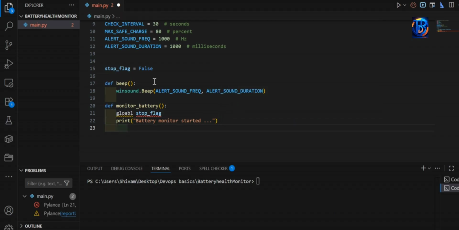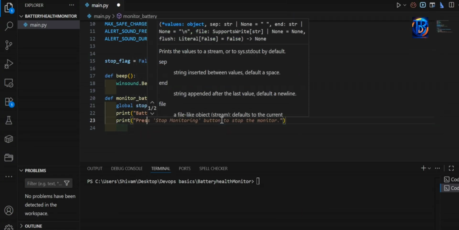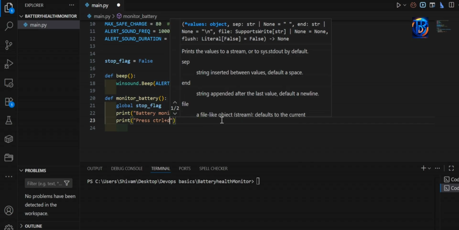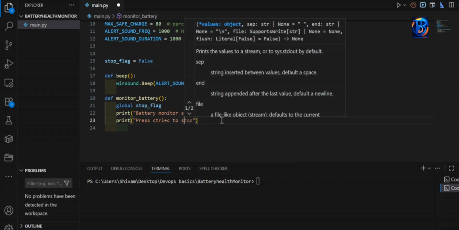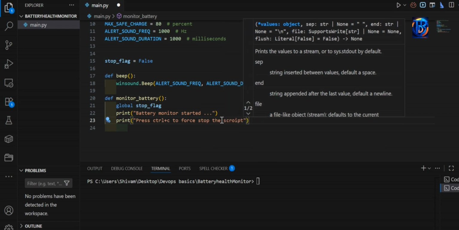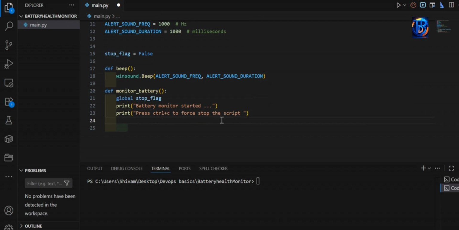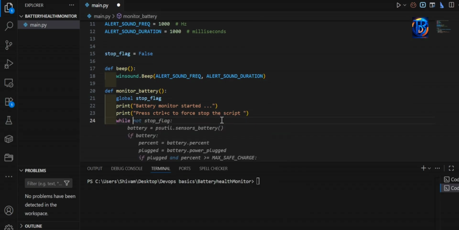Oh sorry, this is a spelling mistake. Okay, battery monitor started. We can also include some statement like press Control plus C to force stop the script. Okay, Control C can stop our script, so we'll use a loop